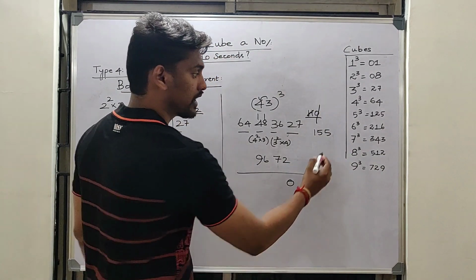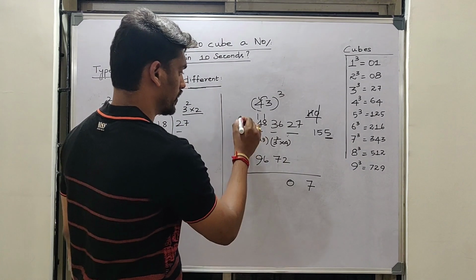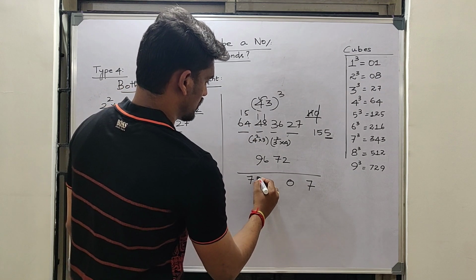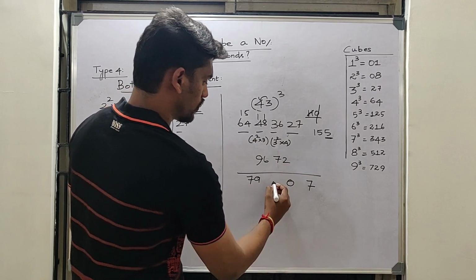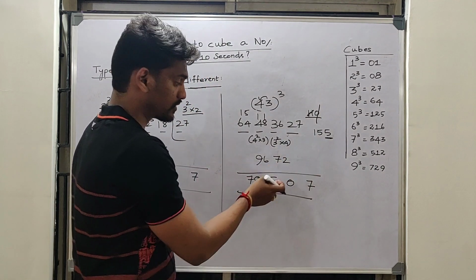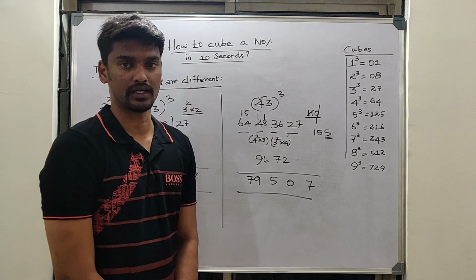So we are getting 155. But what I have told, you have to take only the unit digit, and the remaining 2 digits will be carried over here. So 64 plus 15 it is 79. So what is the number we are getting here? 5. Okay, because 5 is written over here, so I am writing 5 over here. So the answer for this question is 79507.